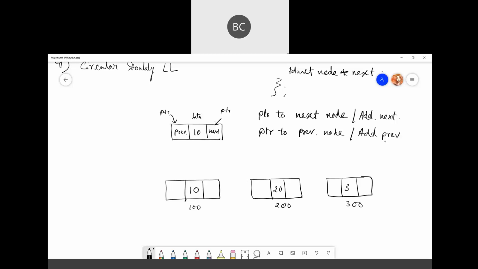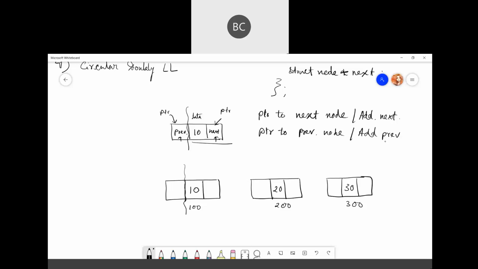I am just keeping the data like this. So what happens here? This is for the next and this is for the previous. This part is just like your normal node. This part is the same, just that in front there is an extra portion for the previous node address.